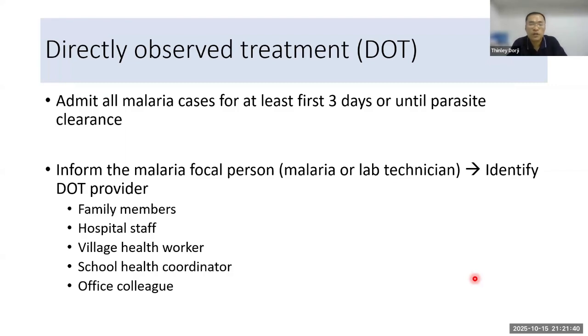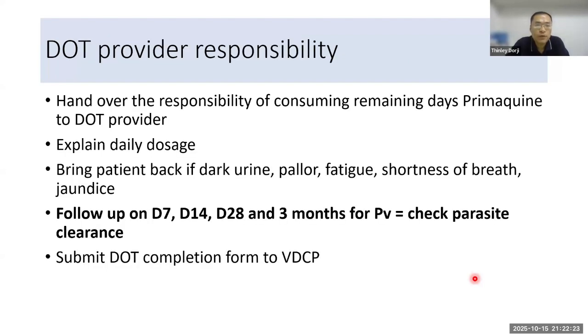home. For DOT therapy, we recommend you identify one person in the family, or a village health worker, or some responsible guardian who will make sure that the patient consumes the entire course of the therapy. You will have to hand over the responsibility of delivering and completing the DOT therapy to the patient's guardian, and then tell them that at the end of DOT therapy, which will be at day 7, you will have to come to the hospital and do a smear to check for the clearance of the parasite,